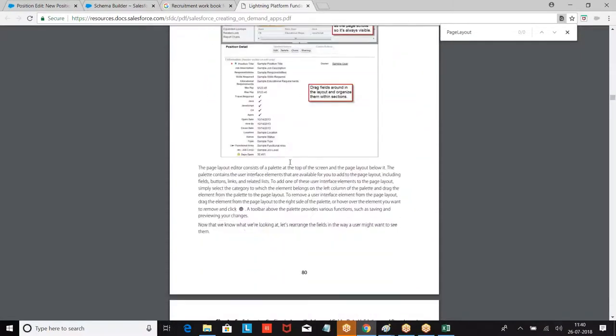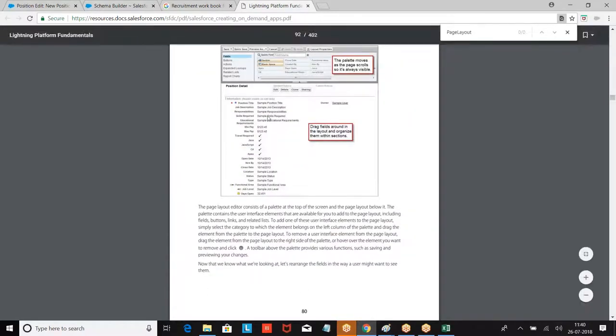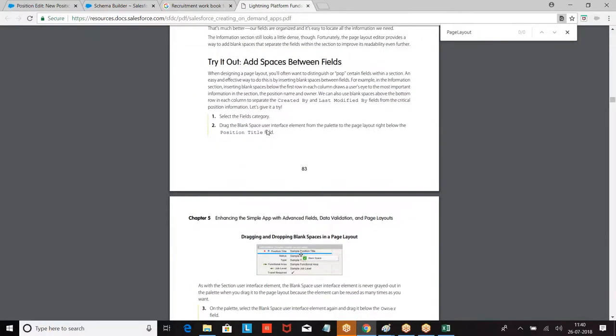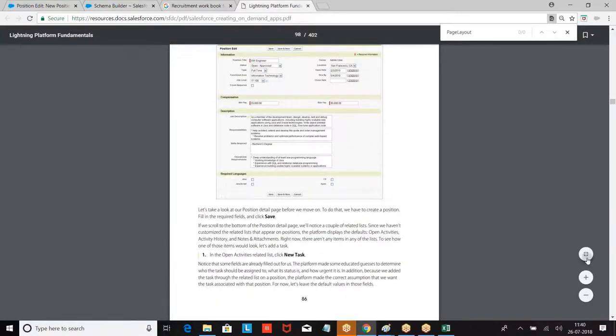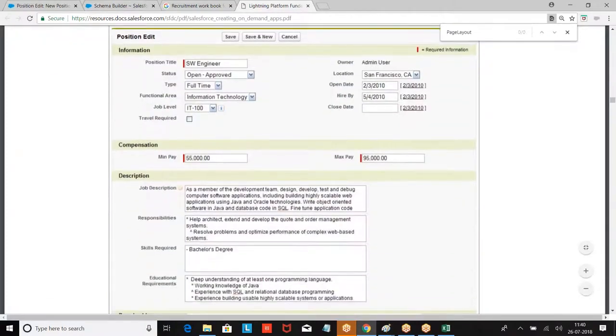Okay. Now we are looking at this. If you look at this, the fields are in this format. Now what we want to do is organize the fields as per my requirement. How do we want to organize? Look at the structure. This is the structure in which we want to organize the data. So if you want to create this structure, what should I do?